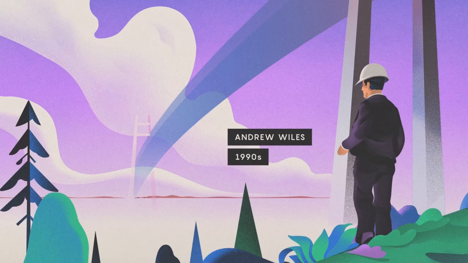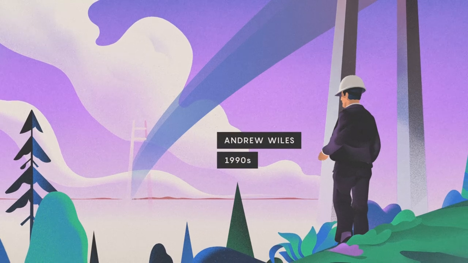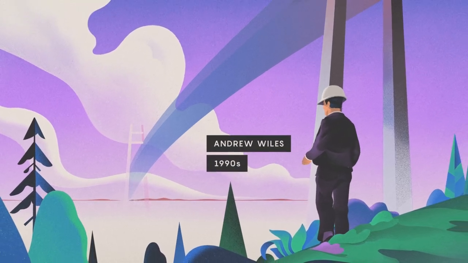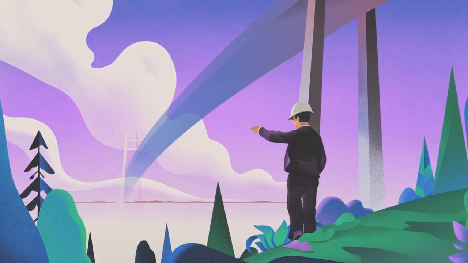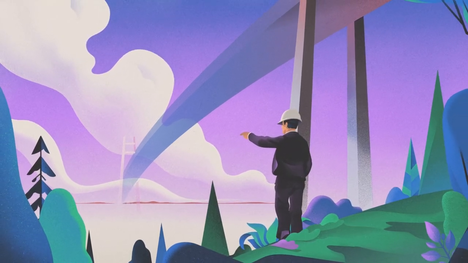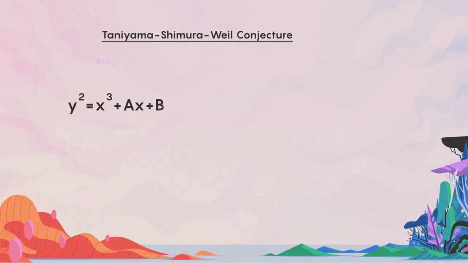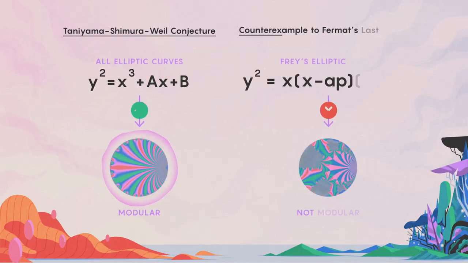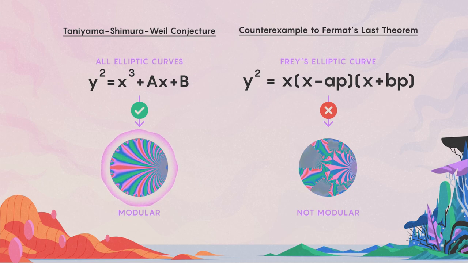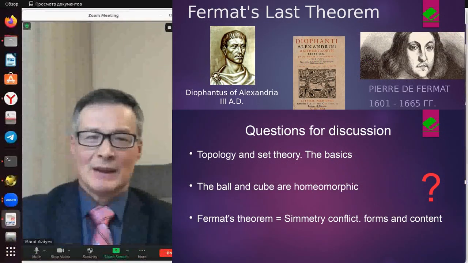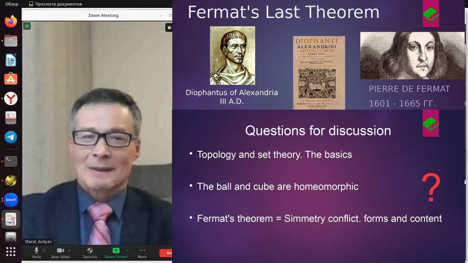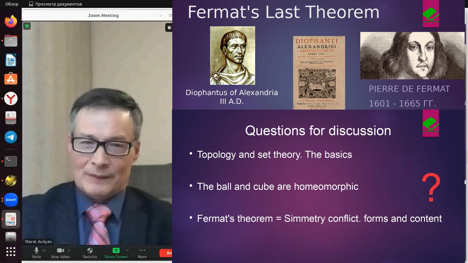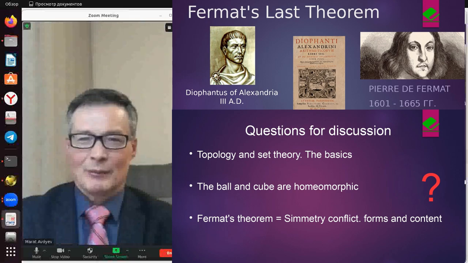Then, in the 1990s, Princeton mathematician Andrew Wiles shocked the world with a breakthrough. Standing on the shores of number theory, he began dreaming of a bridge to harmonic analysis. They also showed that Frey's elliptic curve can't exist, which means that a solution to Fermat's equation can't exist either. Subsequently, descendants denigrated the French mathematician and believed that he made a lightweight judgment, simply put, bragging and lying.